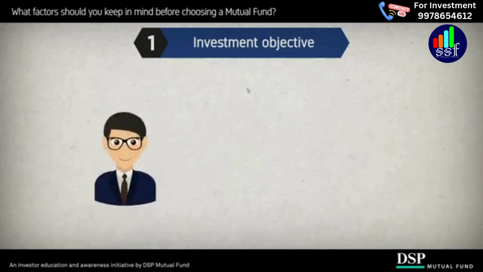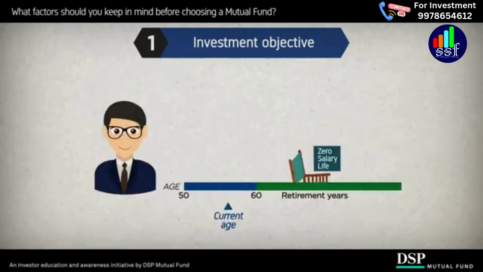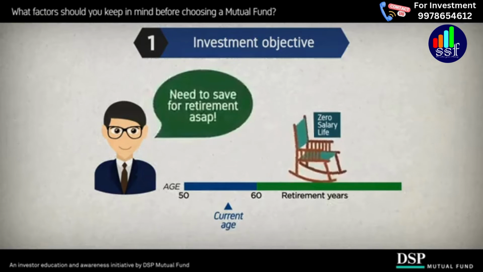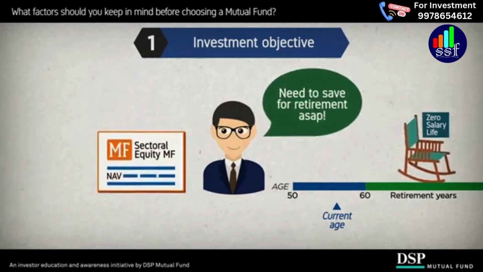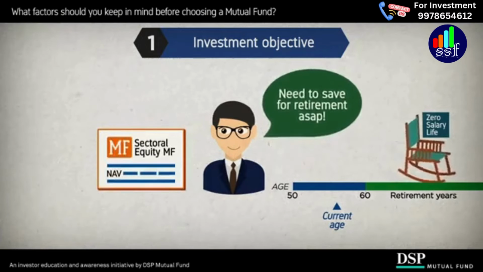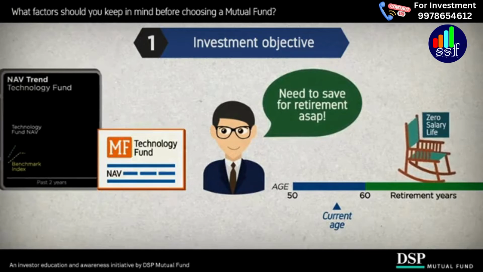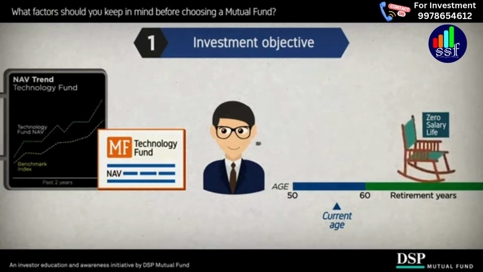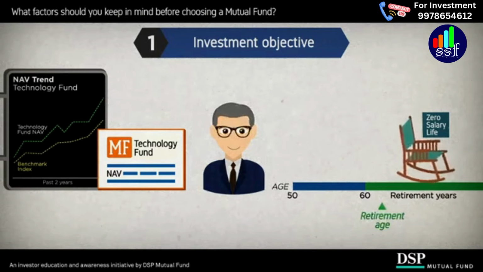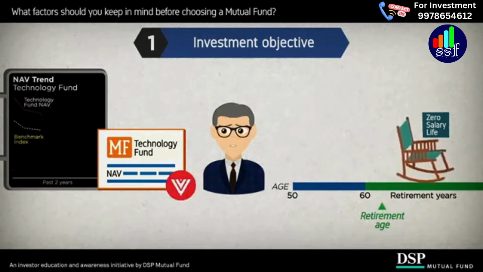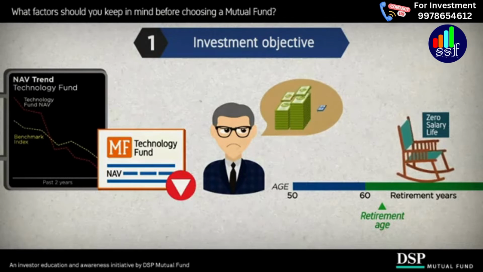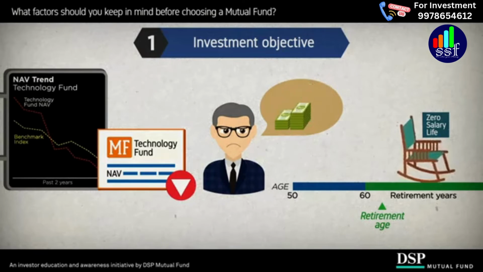Let us consider a scenario in which you are retiring in the next 3 to 4 years and you need to secure your income. On a friend's advice, you decide to invest in a slightly risky sectoral equity mutual fund, let's say a technology fund, because in the last 2 years, it had outperformed the relevant index. Now imagine that when you retired and hence needed the income from the fund, there was a reversal in the fortunes of technology companies and your invested value fell. Your income would have declined and you may have lost some of your invested capital as well.